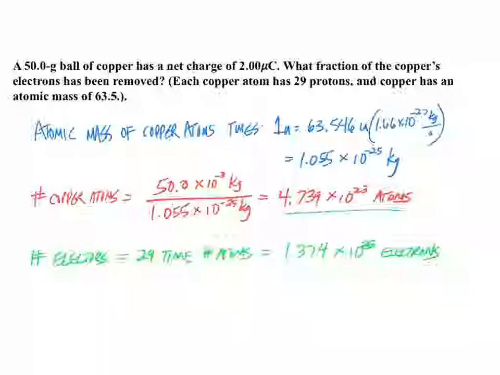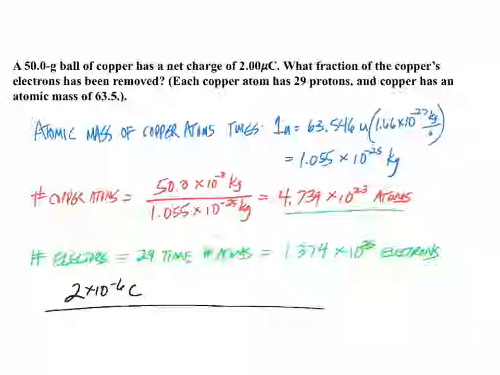What fraction of the copper's electrons have been removed? Well, we have a 2 microcoulomb net charge. So I need to get that microcoulomb net charge into something that's in fundamental charge units. So 2 times 10 to the minus 6 coulombs times